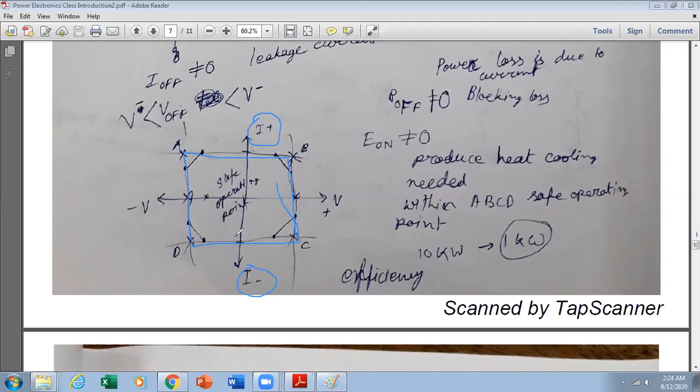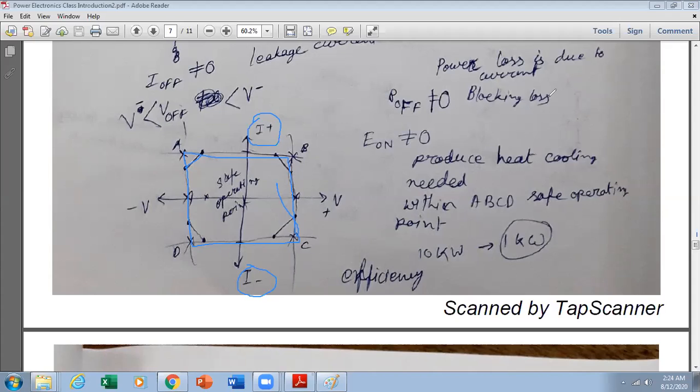with your device up to 10 kilowatt, then what will happen? Your loss may add, then it will go to 10 plus 1, 11 kilowatt. It is above the rated value. So what will happen to the instrument or the device? It may burn. So for that we will use the portion of this, that is actually